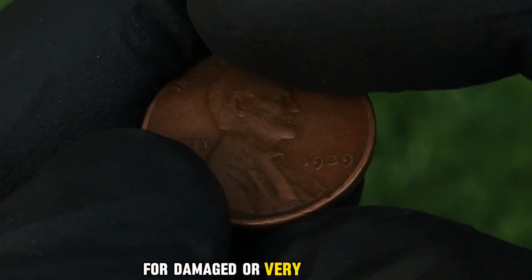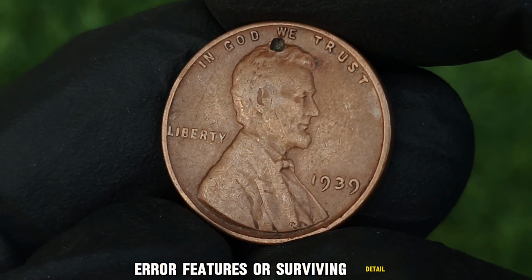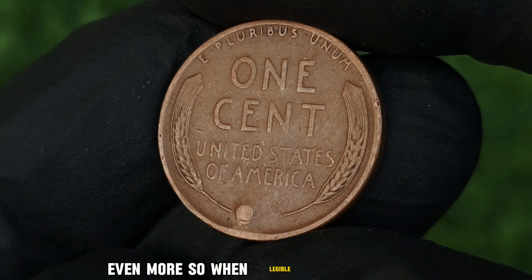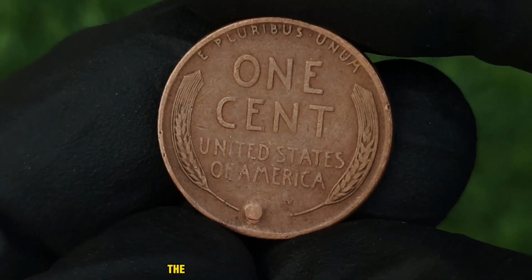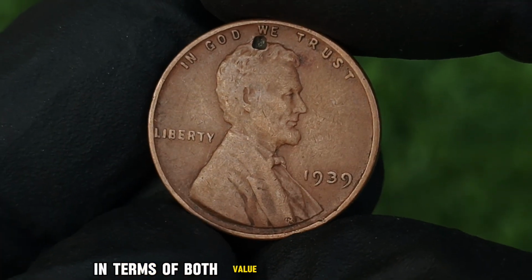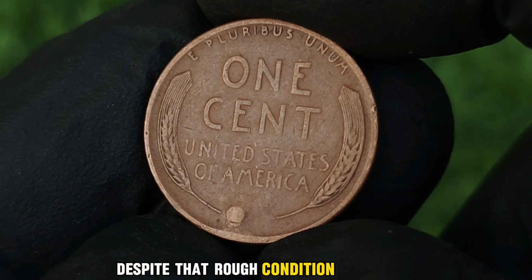For damaged or very dirty coins, rarity is less about number, there are many, and more about stories, whether unique wear patterns, error features, or surviving detail. Furthermore, any varieties, errors, doubling, misstrikes, etc., magnify interest greatly, even more so when legible despite damage. Still, fully uncirculated or superb mint state examples are scarce. The difference between, say, a coin graded MS 65 versus one heavily worn, good or worse, is enormous in terms of both value and collector demand. For very dirty/damaged ones, they are common, but coins that retain original features despite that rough condition are prized among